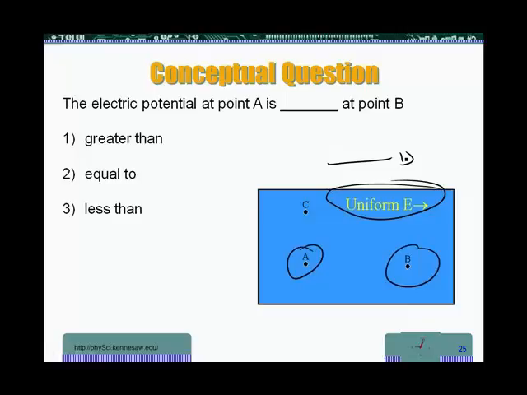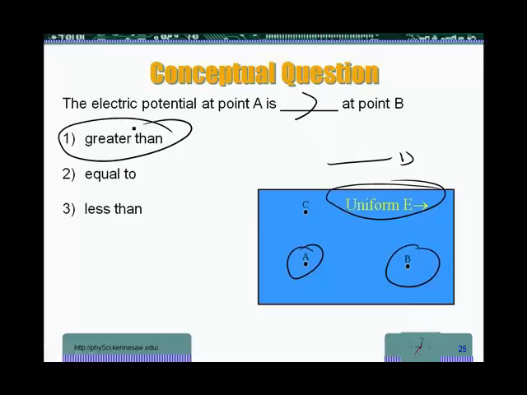What you need to remember is what we just learned: the electrical field is going to point downhill in terms of electrical potential, meaning the electrical potential is going to decrease in the direction of the electrical field. So that tells us right away that the electrical potential at A is greater than the electrical potential